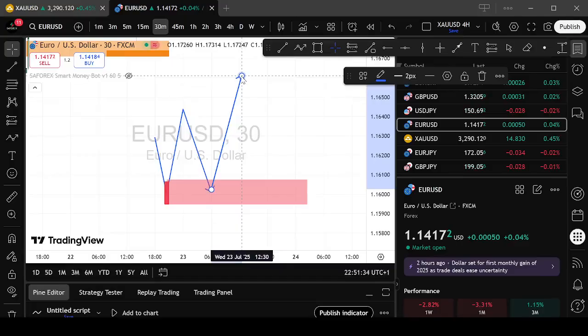The next one we want to see is a breaker block. So what is a breaker block? Breaker block, or rejection block, they're just failed order blocks, okay, that turned resistance into support. Okay, they turn resistance to support like that. So when you say breaker block, it means that price normally